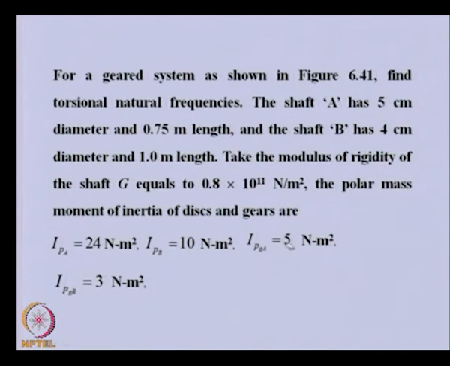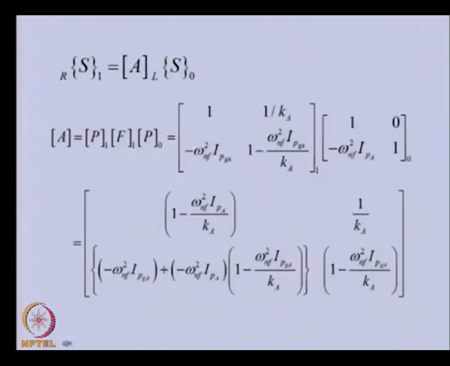In this case we are considering the inertia of the gear also, and other properties of shafts A and B are given here, even the material properties of the shafts are given. Now, with these properties we can